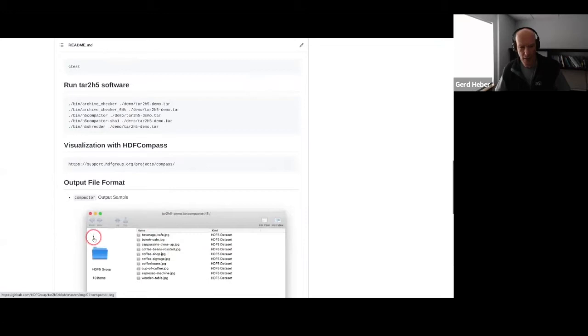And of course, if we would redesign this, and at some point I'll probably rewrite it, there's not that much code, I would probably put it into a subgroup, because right now you cannot impose any additional properties on that group. There is no group creation property list for the root group. This is something I think we will fix in future versions, because there's nothing special about the root group. The root group is like any other group. It just gets created by default, but you should have a similar level of control that you have over any other group.